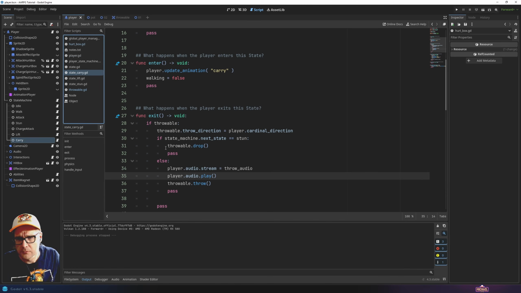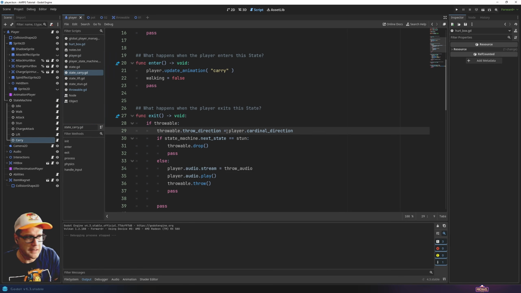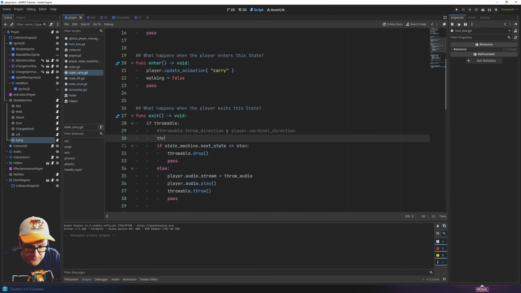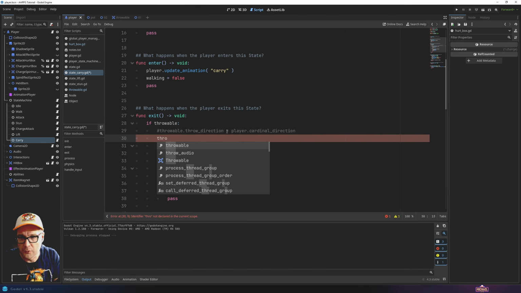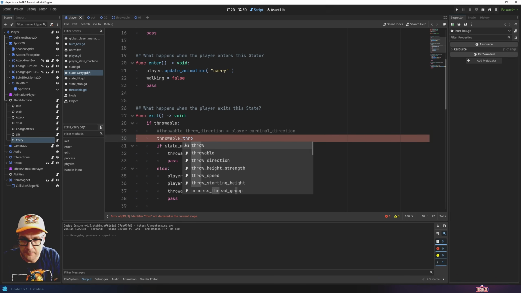And so if you wanted to be able to throw diagonal, we could do that. We need to have a conditional, because if you're not pushing a direction, meaning you're just standing there, then we need to get the cardinal direction, right? But for sake of demonstration, let's comment this out and get our throwable throw direction a different way,